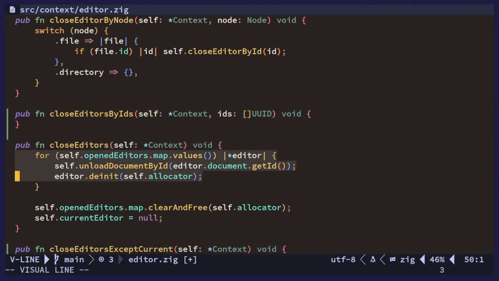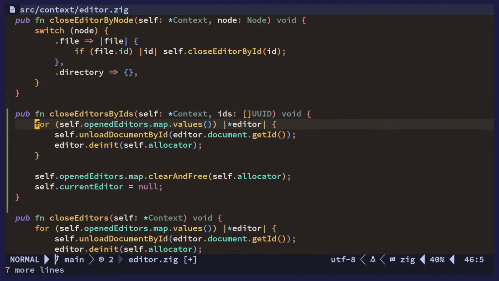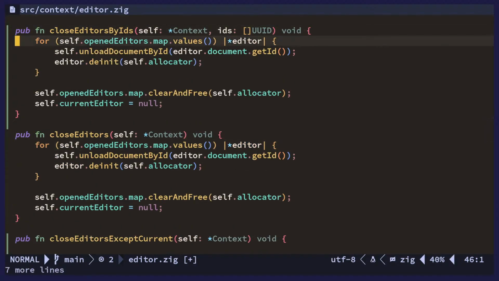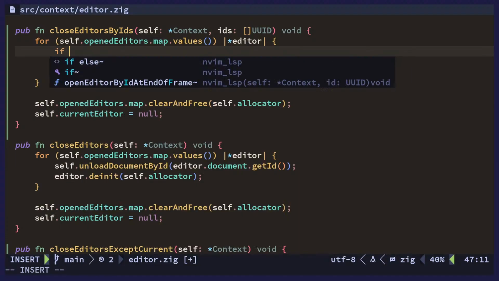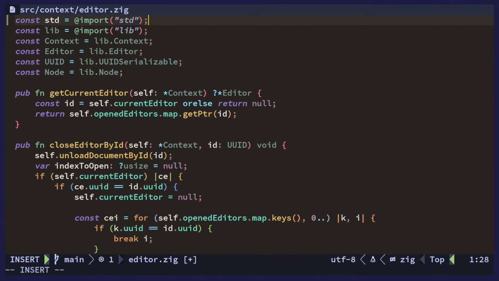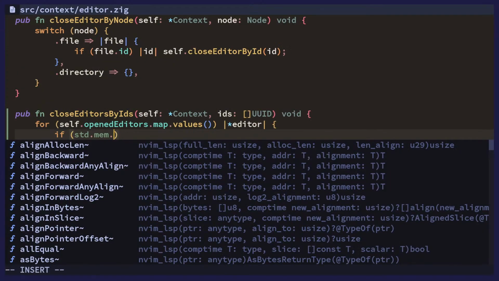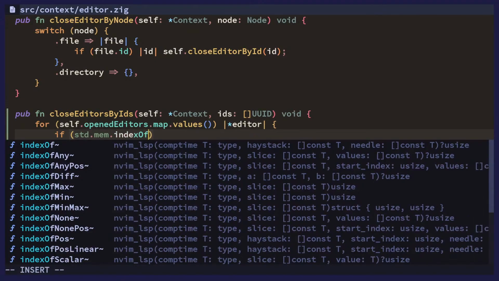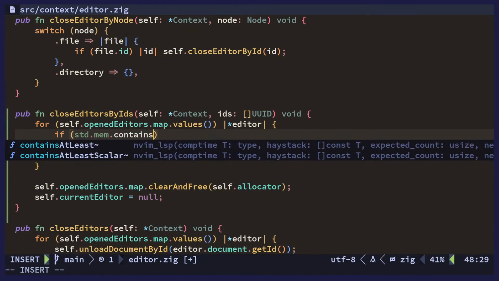All right, and then we'll do this, and we then check if we don't have standard here. If you want to check in a list, you use stud.mem.index of, or you could also say contains, but